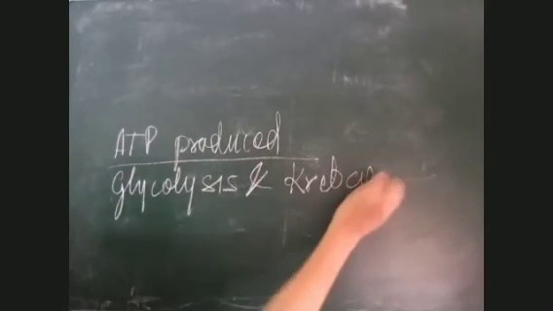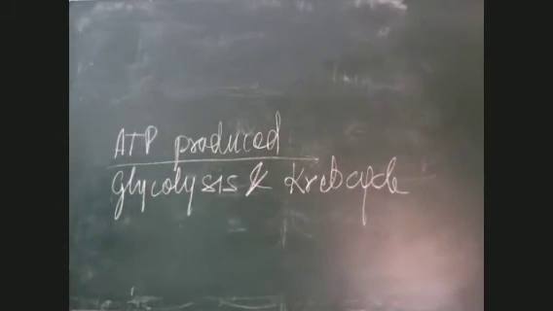The way I write for you on the board, like so many ATPs, so many FADH2. So one FADH2 is equal to 2 ATPs. So one is produced, so 2 ATPs we have got in this. Then 3 NADH2 are there. One NADH2 gives you 3 ATPs. So 3 will give you 3 into 3, so it will be 9 ATP. And 2 pyruvate molecules are used.